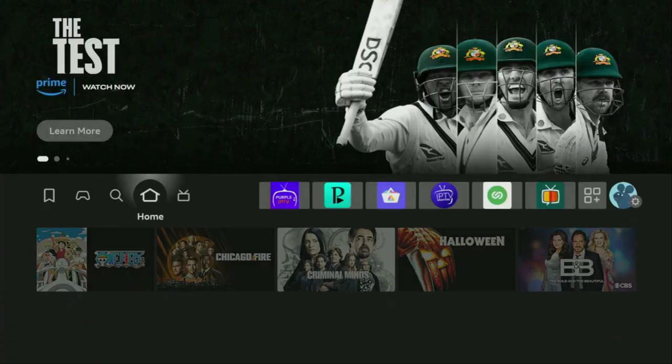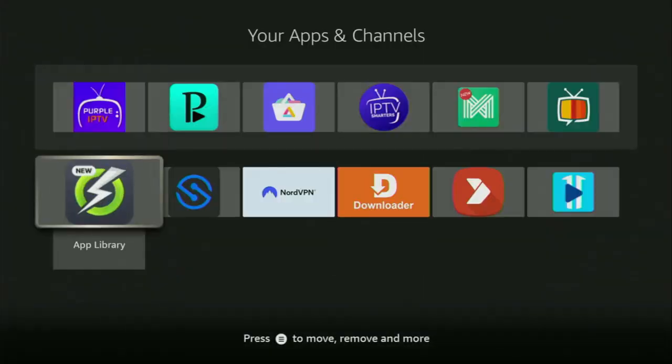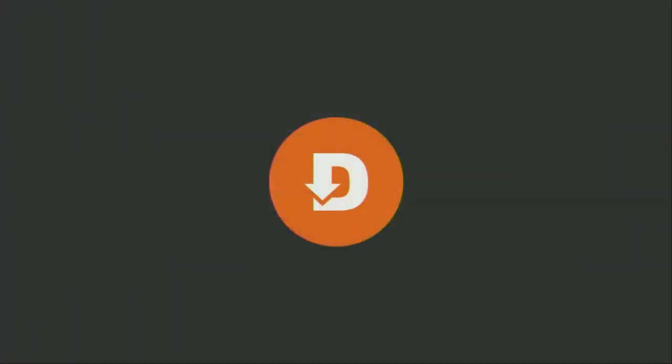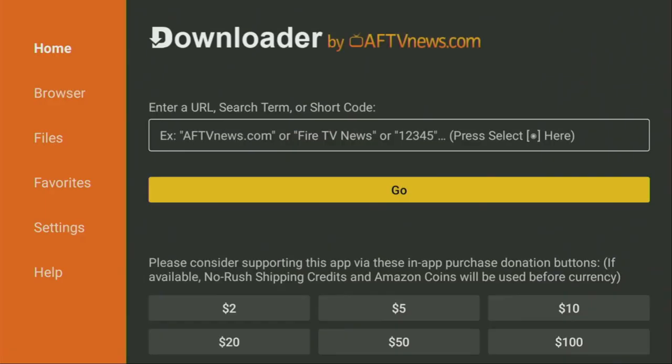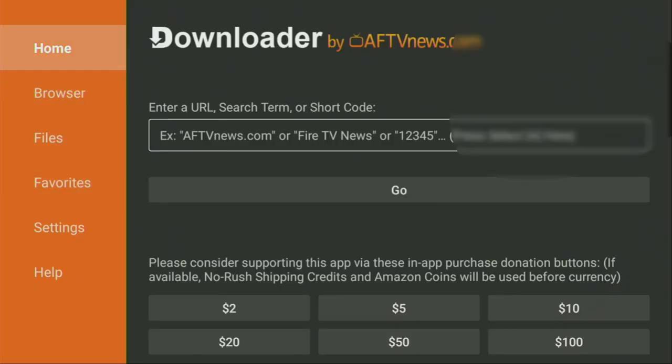And now finally, let's use downloader safely. So we've got to go to the list of apps on your device and start up the downloader application. Then of course wait until it loads for you. And here on the left side menu, it's very important that you click on Home and not on Browser. So once again, make sure that you have clicked on Home, and now in that search bar we'll have to